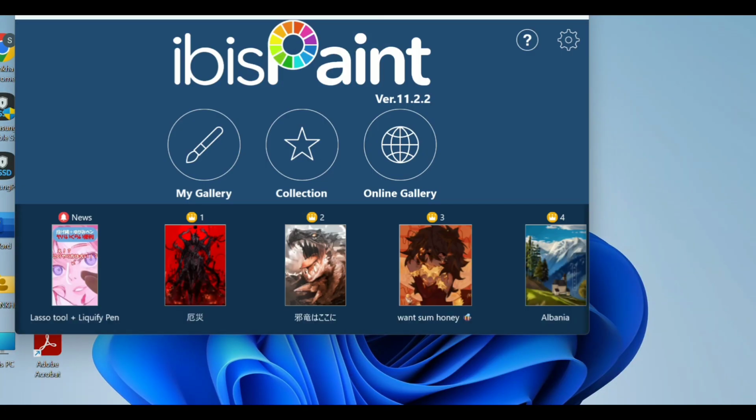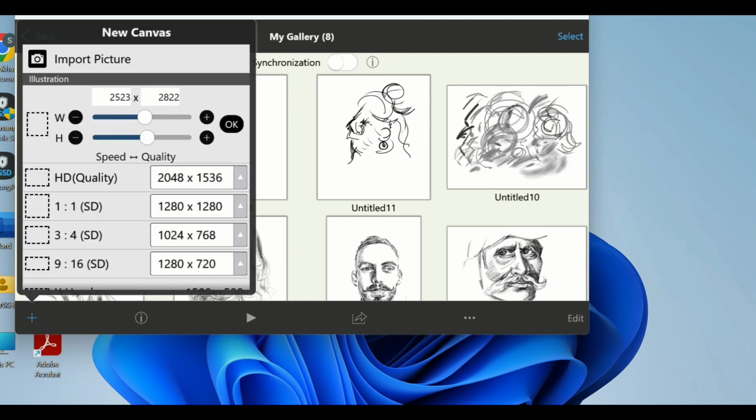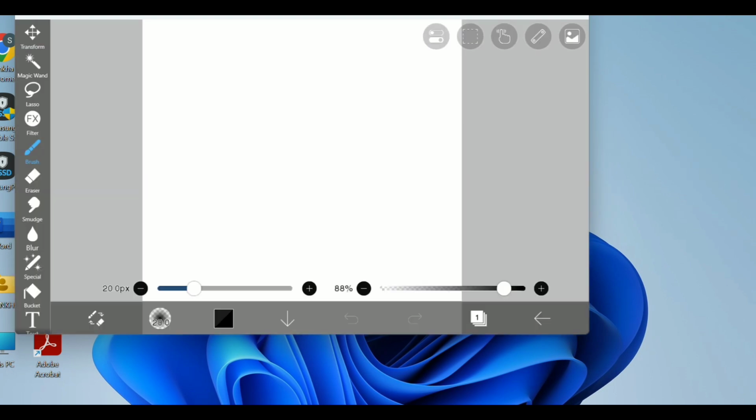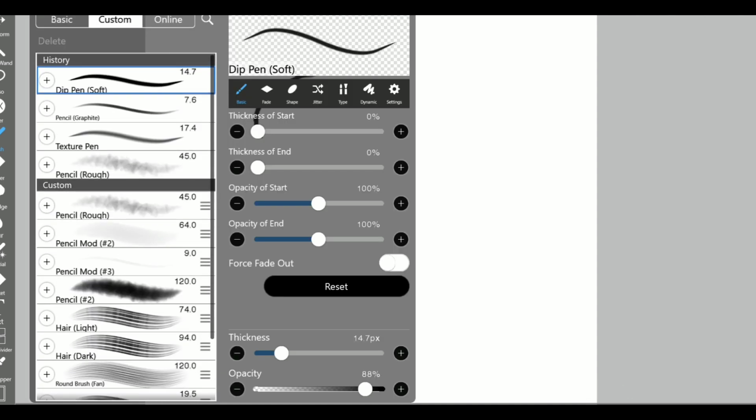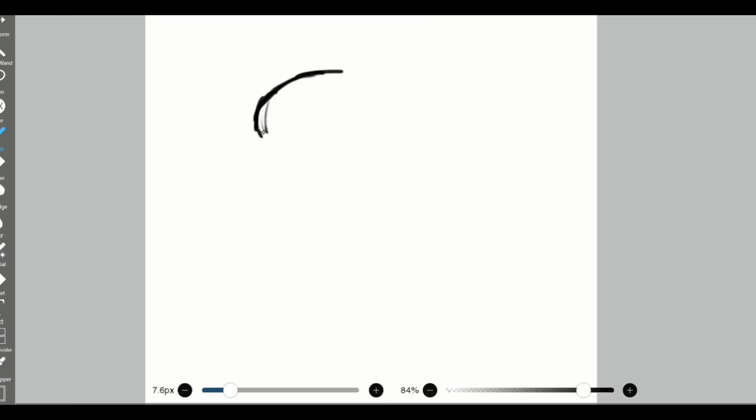So I'm starting to draw. Okay, this is IbisPaint, and here you will find the brushes. There are many brushes, many tools. This is a pencil tool that I am using now,